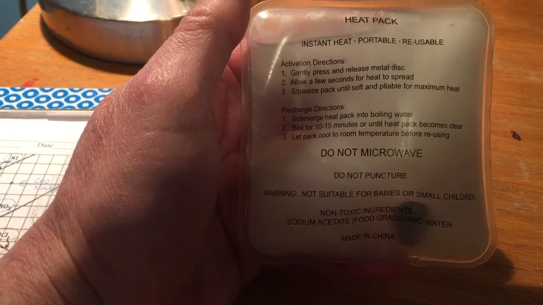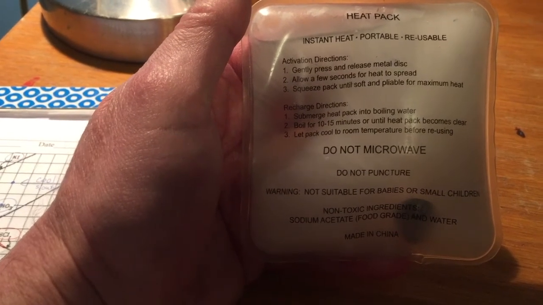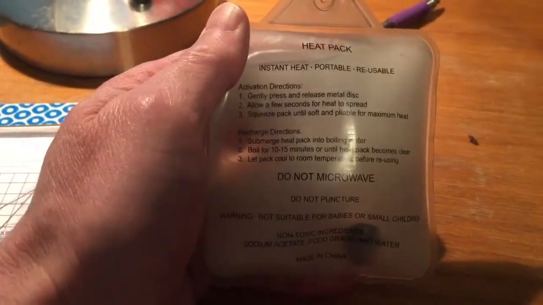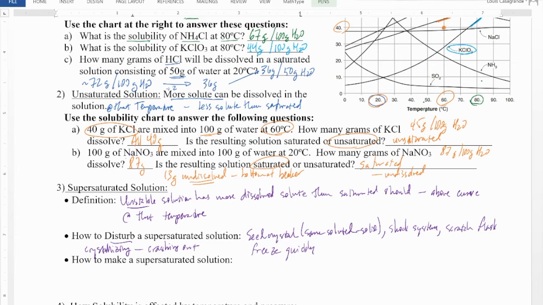And as you can see, it does say do not microwave. I have a feeling it would probably melt the plastic if we were to try to microwave it. Okay, that's cool, huh? But for now, let's go back to our